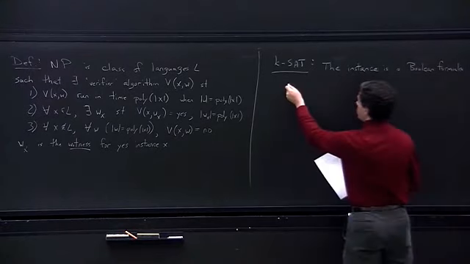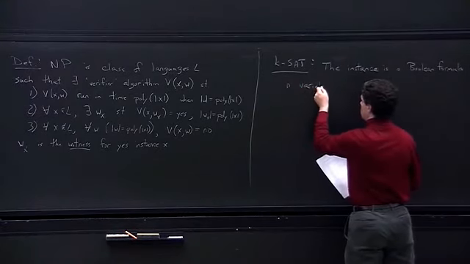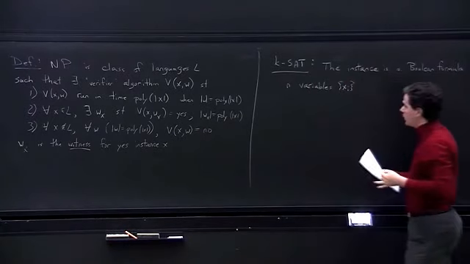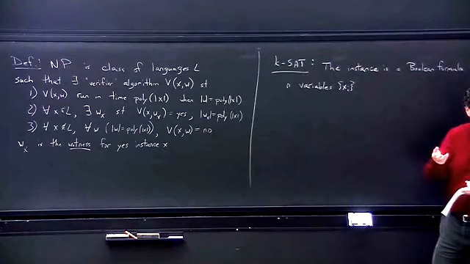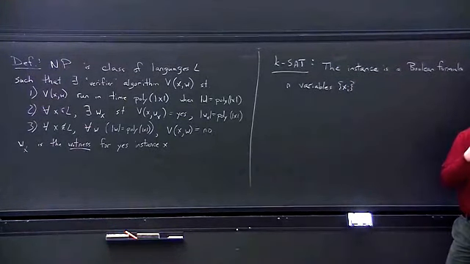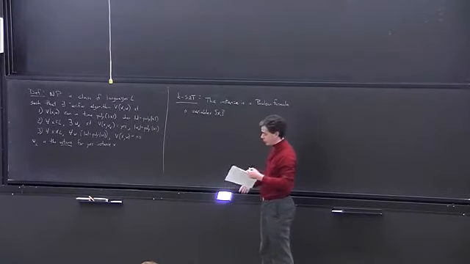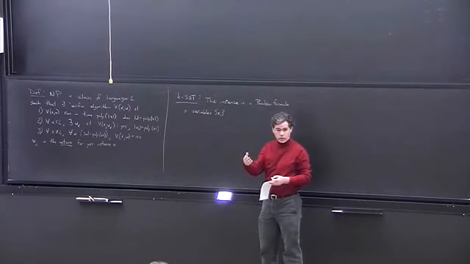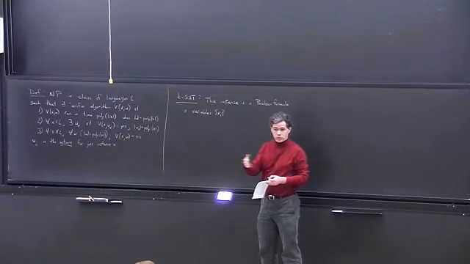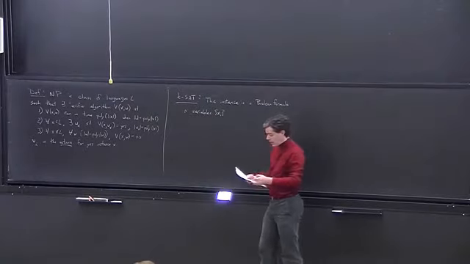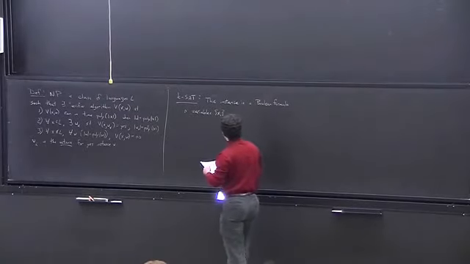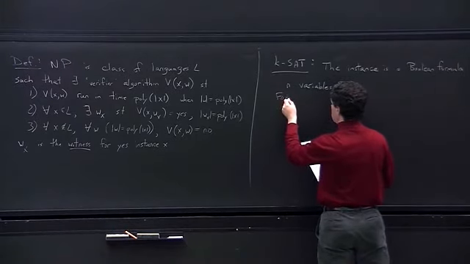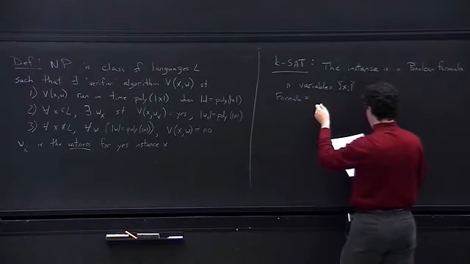There are going to be n variables x_i, and these are binary variables, which you can interpret as true and false values. The output is also going to be true or false. You combine these variables using the usual logical operations: or, and, not. In particular, the formula is of the form